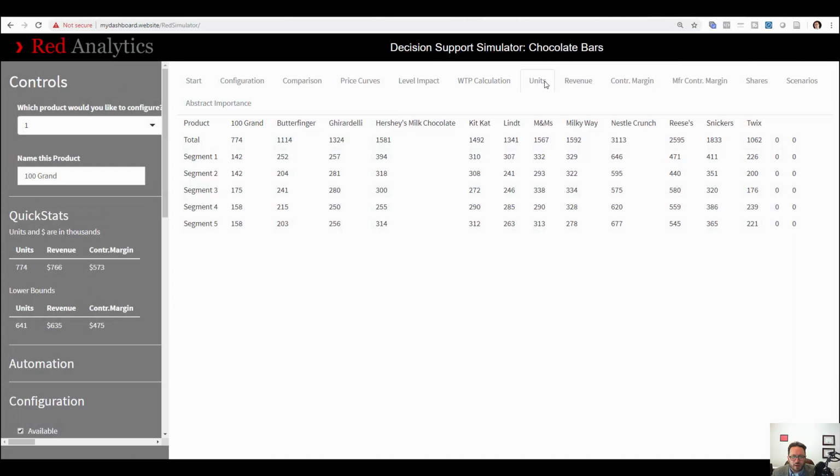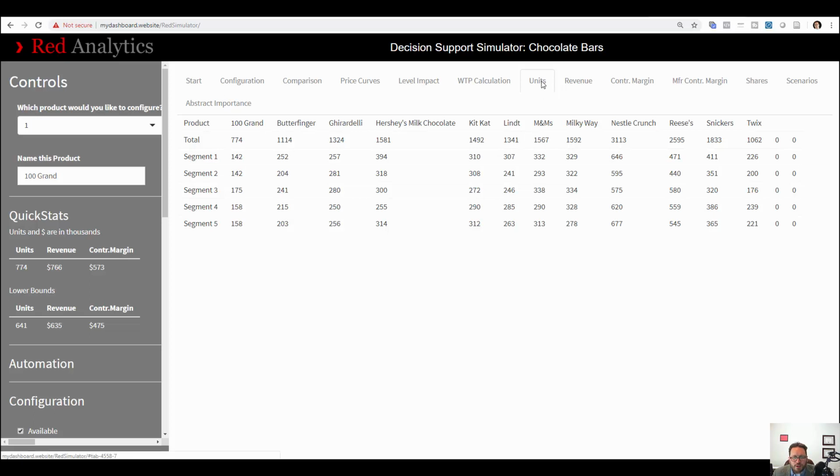So when we open up the simulator, we're going to quickly go to the Units tab, and look at how many units is forecasted for each of these products. Now, when we're talking about source of volume, units is the most likely measure because usually the question is, if I'm going to make improvements and make my product better, sales are going to go up. It's going to have to come from somewhere. And are we going to source our sales or our units from our own other products or from the competitors? You could do source of volume in terms of revenue or profit, but typically units is what's going to make